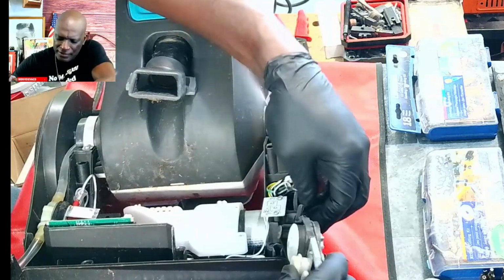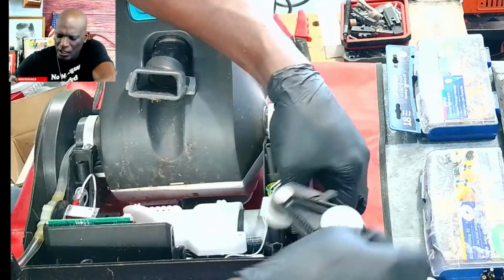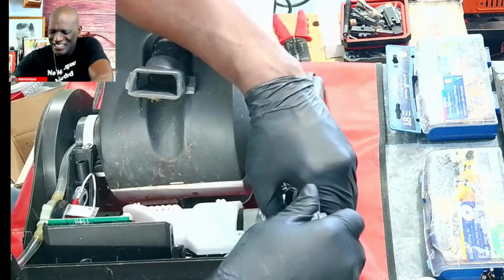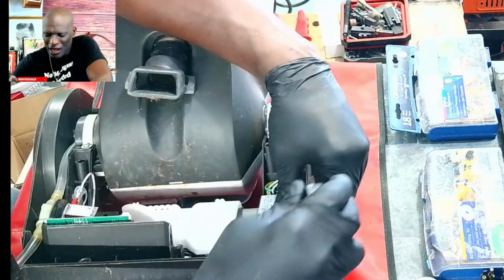just do it like that, okay? And then you can kind of get this in there. No, I did it backwards. Okay, let's do it again. All right, do it this way. These are facing on the inside. These 2 gears are facing on the inside because of the brush. All right, anyway,